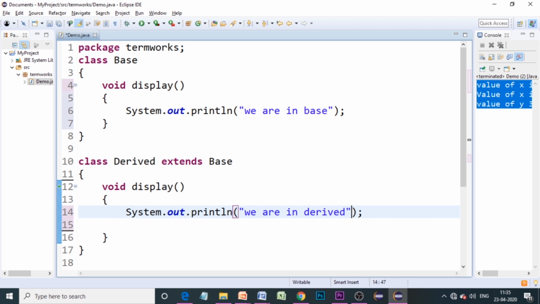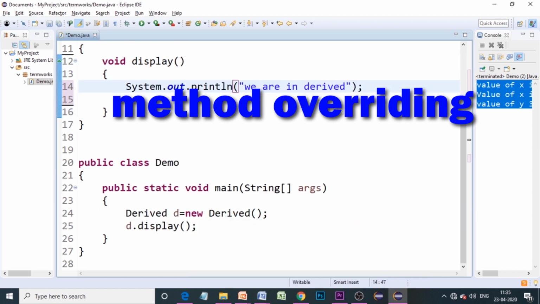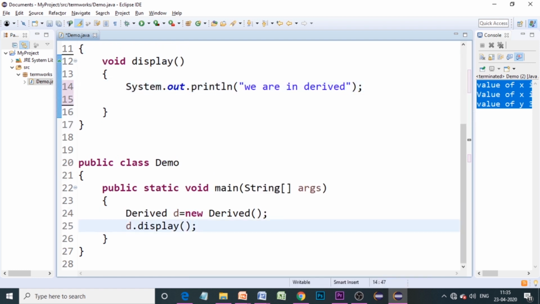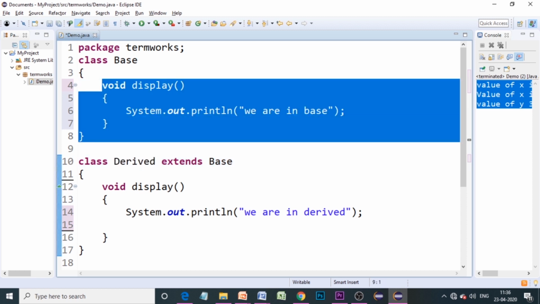This concept we have already seen. So here if I call this using object D, which is of type derived class, D.display, obviously it should call the display method which is there in the derived class, isn't it? So it is going to override the display method which is there in the parent class.